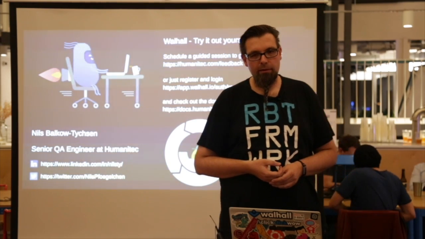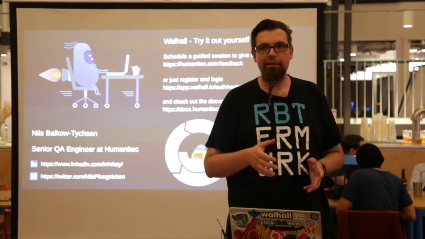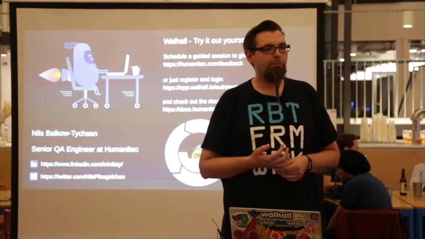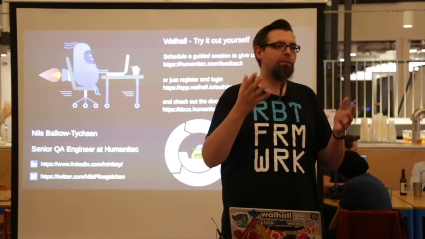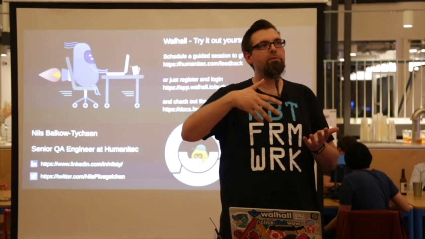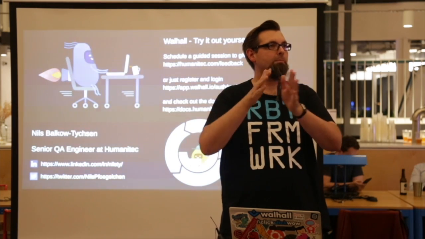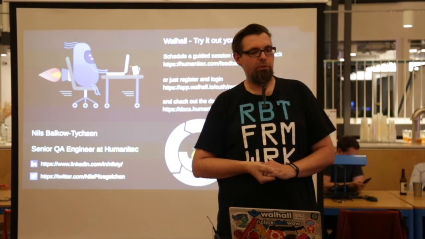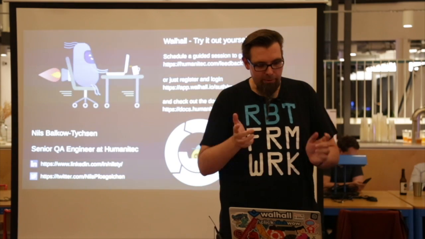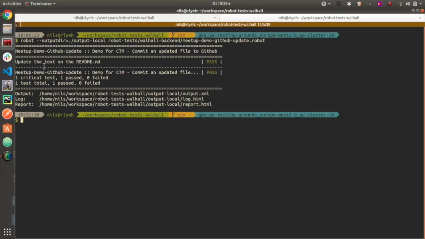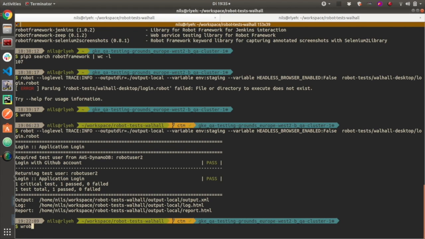The one thing which I think WebDriver.io, correct me if I'm wrong, does not provide is the integration of so many libraries directly into the testing framework. With WebDriver.io, you have access to all JavaScript or Node libraries, NPM install things you can use. But with Robot Framework, and I wanted to show you this as well, you have access to